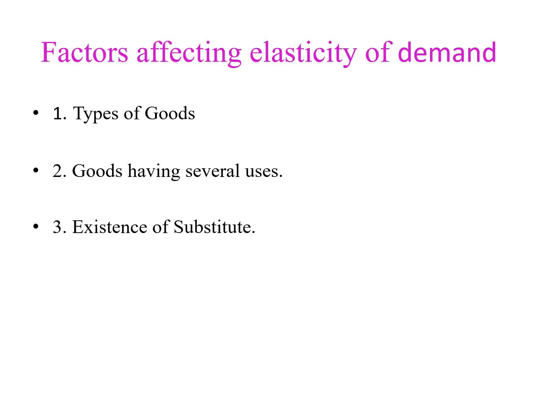Third one is the existence of substitutes. The demand for those commodities which have good substitutes is elastic. The price variation of such goods would have a bearing on the quantity demanded. If the price of groundnut oil increases, with the price of other edible oils, say sunflower, remaining constant, the consumer tends to shift to sunflower oil. Conversely, a decrease in the price of groundnut oil makes consumers switch back to groundnut oil.